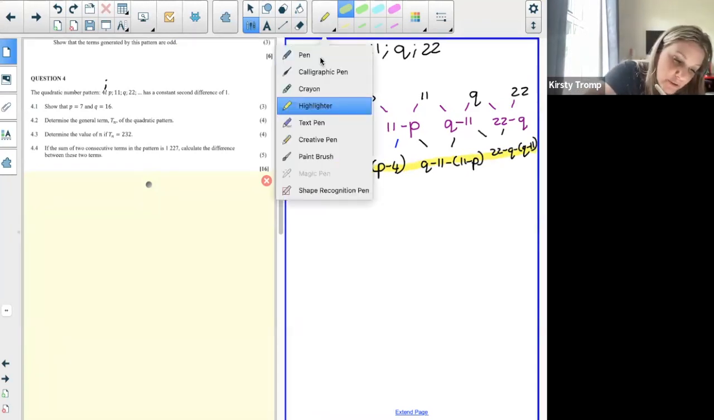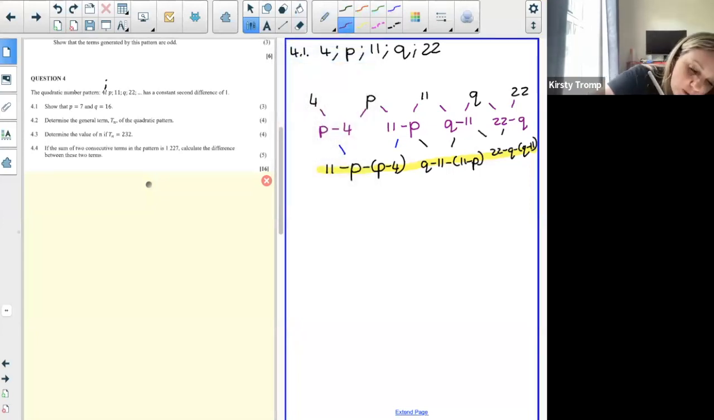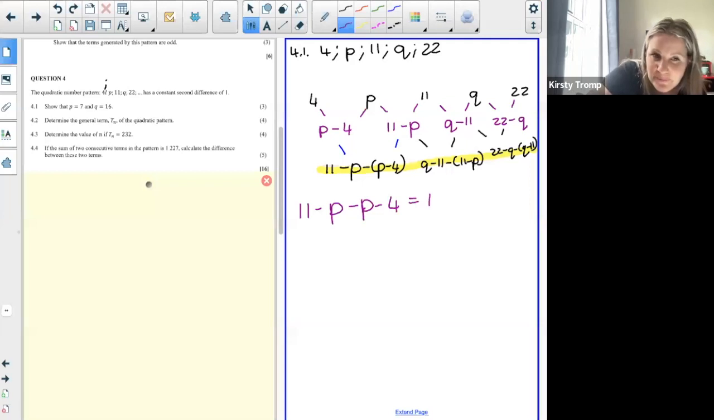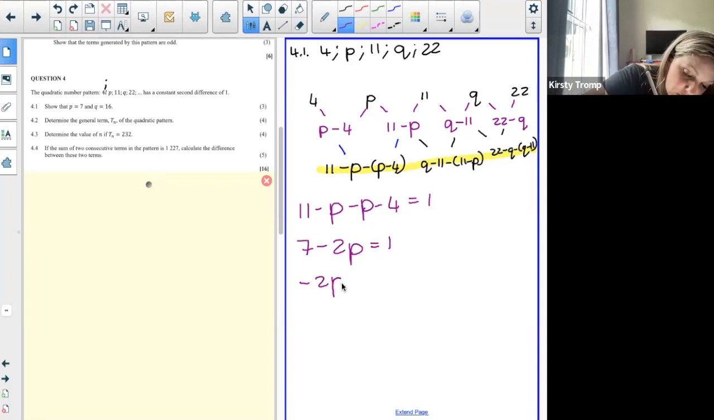So if we know that, then what are we going to say? Well, we know that 11 minus P minus 4 equals 1. All right, so let's simplify a little bit. We're going to have 7 minus 2P equals 1. We're going to take 7 across to the other side. So negative 2P equals negative 6. So P equals,